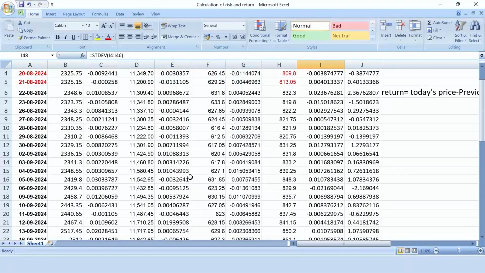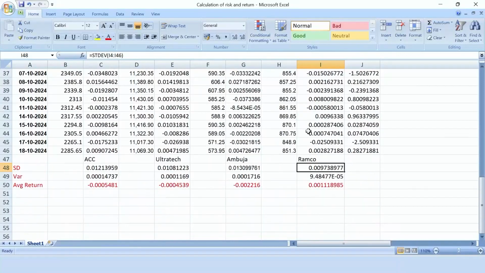This particular example is taken to explain how to calculate risk and return with the help of an Excel sheet, which you can easily do, and with the help of this you can evaluate your investment opportunities also. You can conduct this analysis on any type of security where prices are available to you, whether it is a bond, debentures, or a particular stock, and this analysis is going to explain which particular stock is better and which is riskier. Thank you.